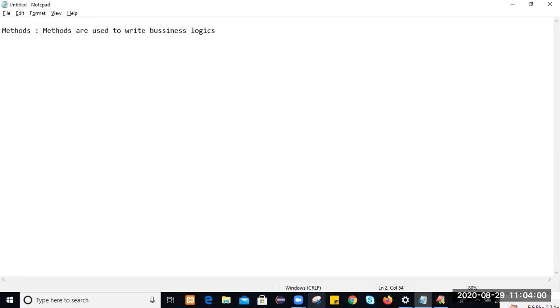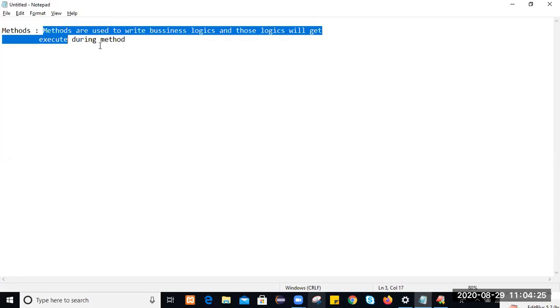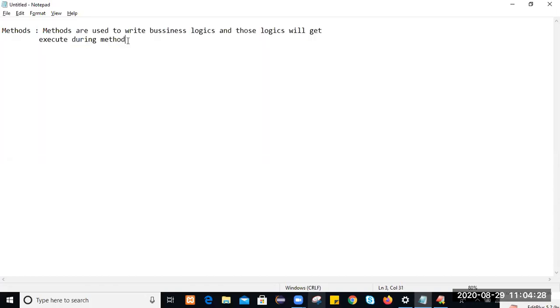We use methods to write business logics, and those logics will get executed during method calling. When you call the method, during that time the method logics will get executed. So we can say that when you write the logics within the method, that particular method will return control back to the place from where you call.